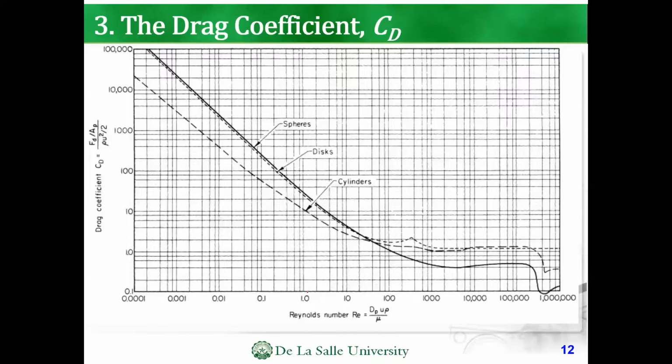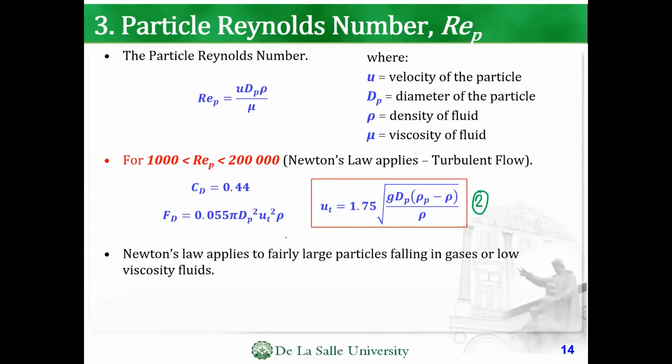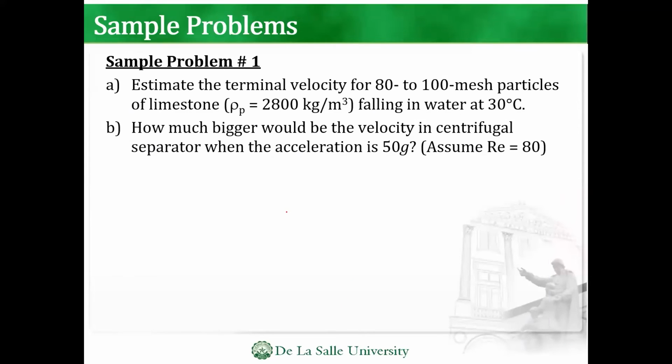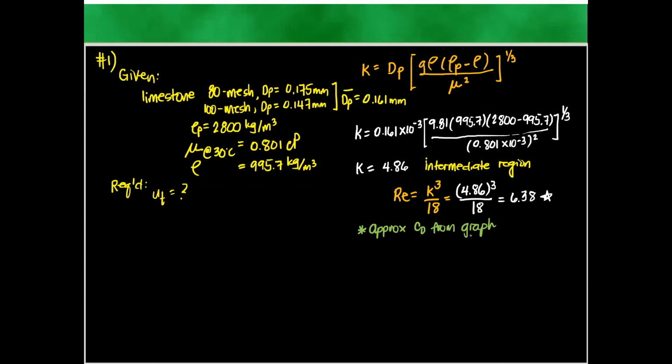So if it's 6.38, somewhere here, that means that point is what? Can you approximate this? 2, 4, around 6 then. CD would be around, am I correct? CD is around 6. But here, if we approximate using this curve, CD would be around 12 to 15. So let's just use the first graph, the better one.